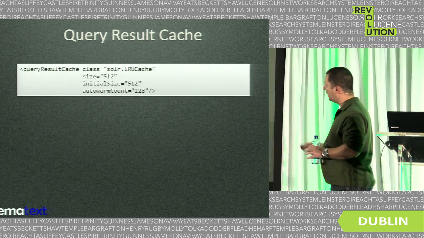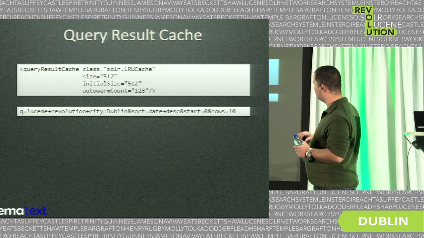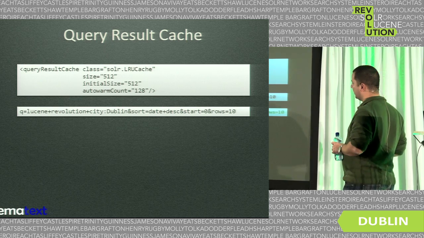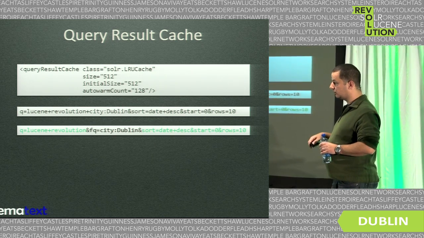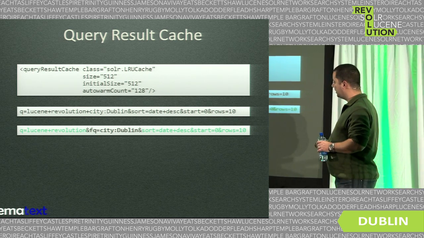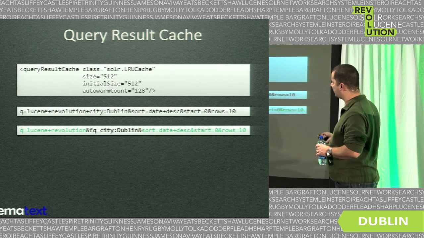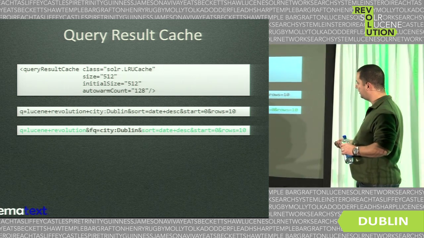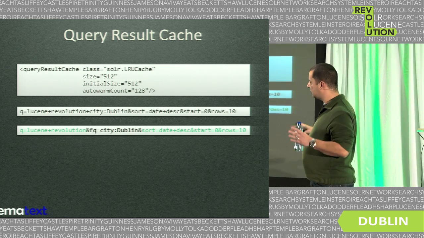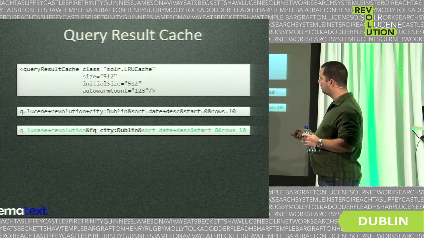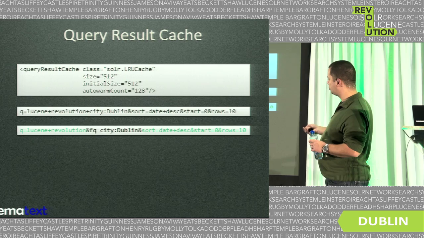It's quite simple. And we have a query result cache that stores the information for queries. For example, again, the same query, and what will be stored in the filter cache is, apart from the query result cache, apart from the filter query, all the other information, all the documents for the other part of the queries. So in the query result cache, we would have results for a query with its sort